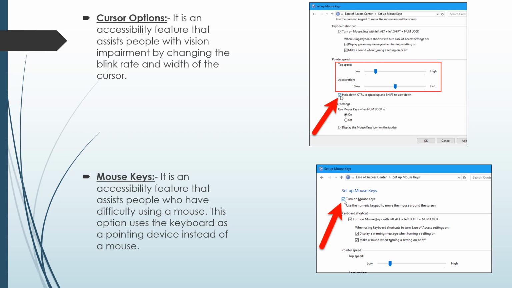Next is the mouse keys. This option is for the people who are not able to use the mouse. Then the keyboard works as the pointing device, as the mouse.